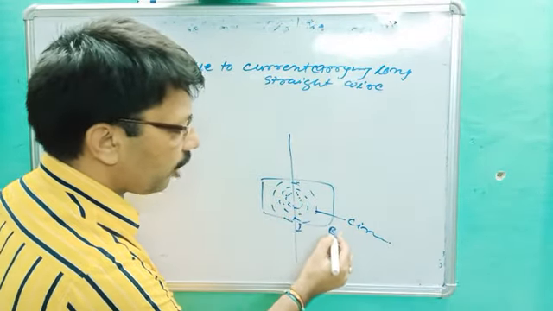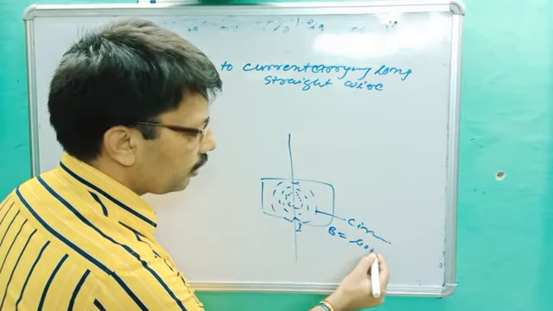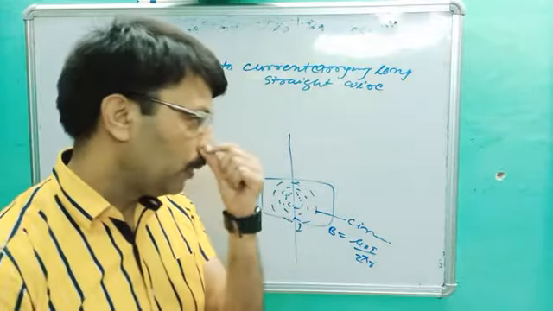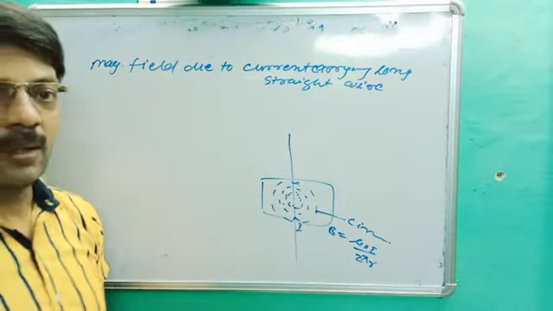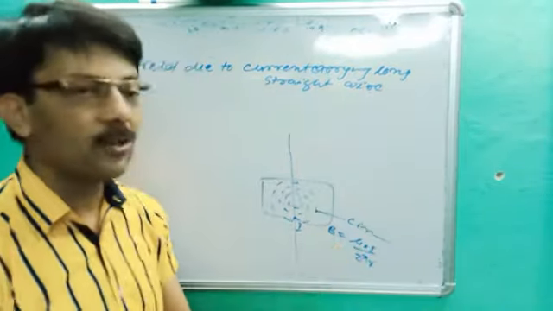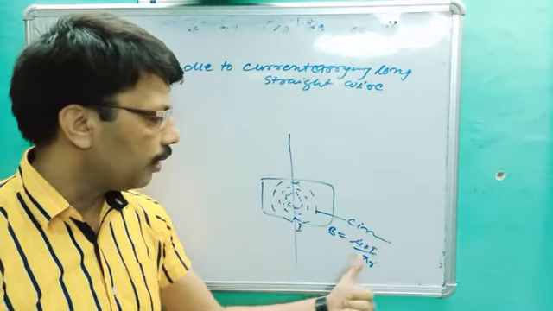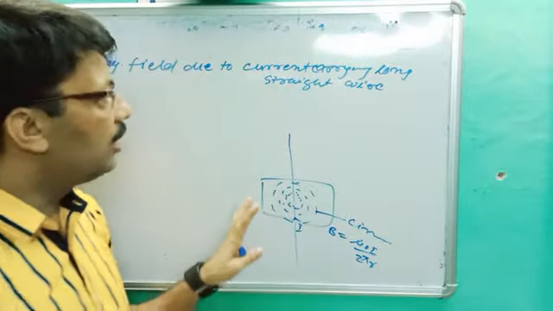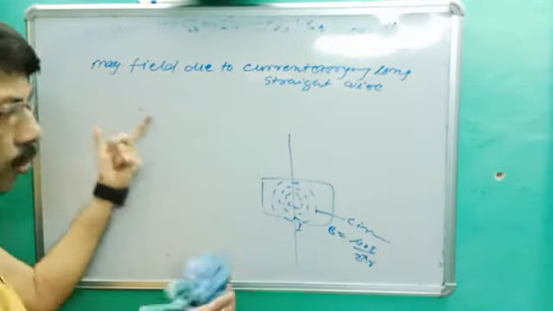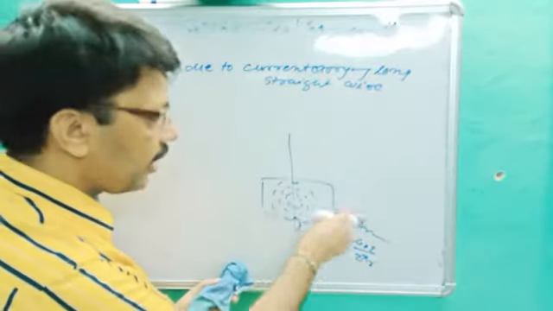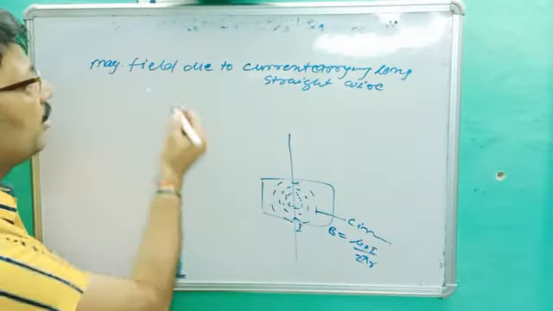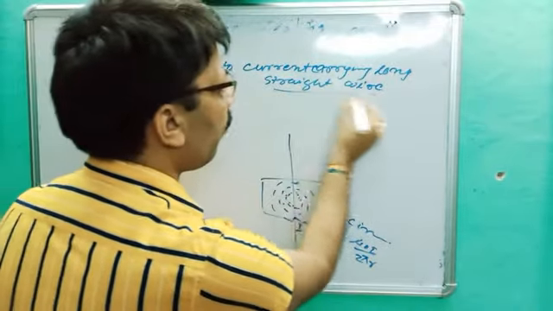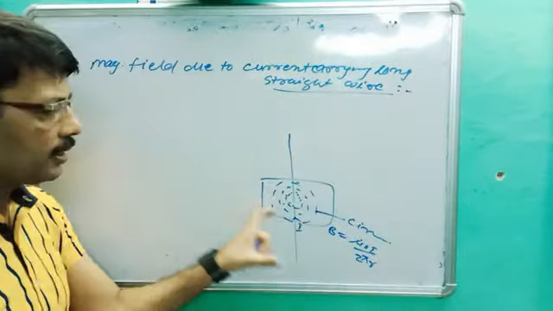The formula was B equals mu naught I upon 2 pi r. Today we will confirm whether the formula is correct or incorrect. In class 10th I directly gave you B equals mu naught I upon 2 pi r. Today we will try to derive this formula, because in that section there was only the theoretical portion. Today we are treating mathematically the magnetic field due to a current carrying long straight wire or conductor. That is our aim.